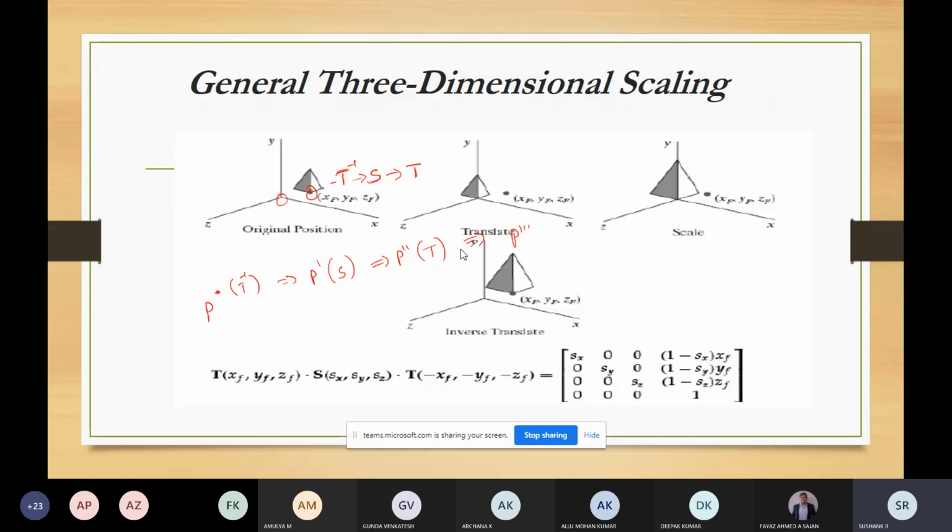For translation you will have one matrix. For scaling also you have one matrix. Sorry, for inverse translation you have one matrix, for scaling you have one matrix, and for translation also you have one matrix. So instead of multiplying a point first with this matrix, getting some intermediate output, again multiplying this matrix with the result, getting the intermediate output, and again multiplying the result with this matrix to get the final output, instead of doing like this,